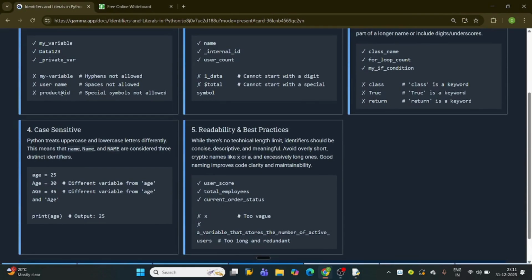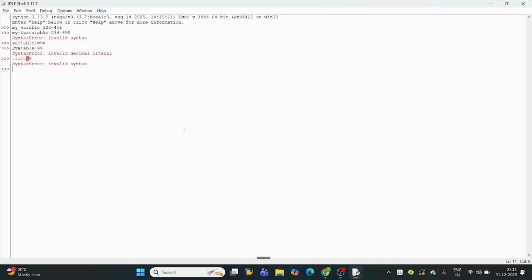And it is also case sensitive. It refers that when we use age equals to 90, it takes it. Age equals to 98, it also took it. Age equals to 91, it also takes it. Age equals to 92, it also takes it. Age 94. So many of them think that it will produce an error on giving the same age, but in Python it